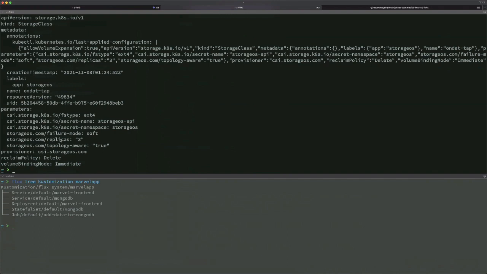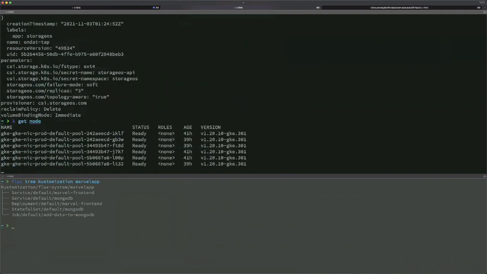Essentially, I wanted to have encryption, which, where is it? Oh, I forgot to add it. Anyway, the topology aware, which is probably the most important one I wanted to show you, allows you, in this gigantic cluster of 6 nodes spread across 3 availability zones,